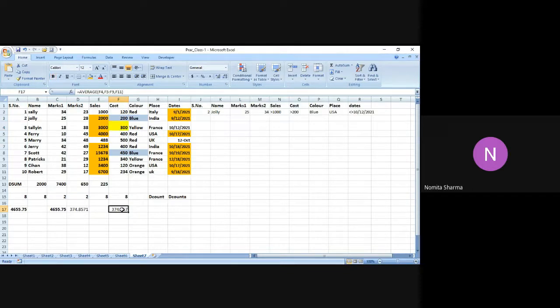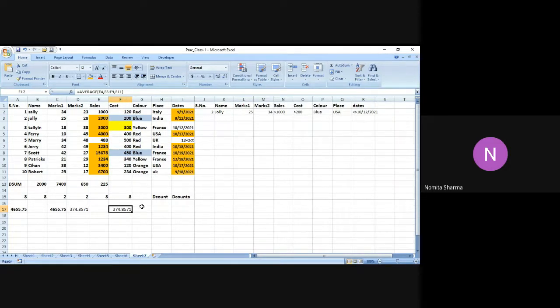Yes, F10 is not there. It is F4 to F5 to F9, and then we have this. Yes, if I just do like this, I will get the exact answer as 374.8571.